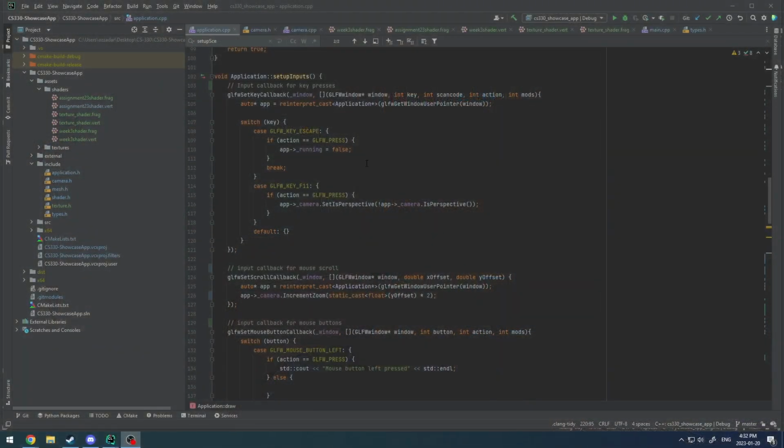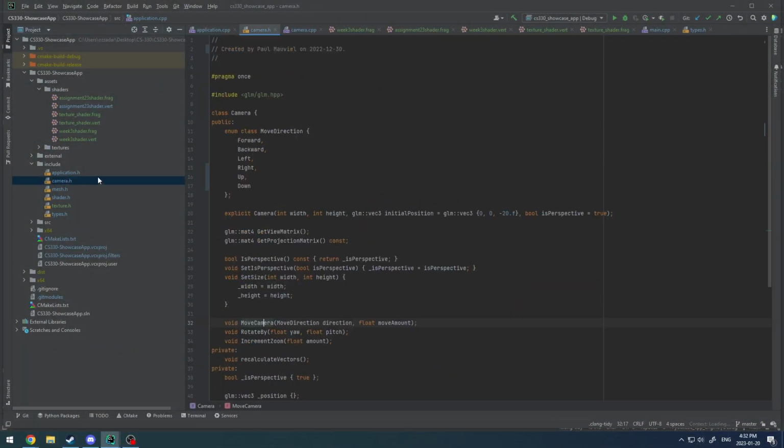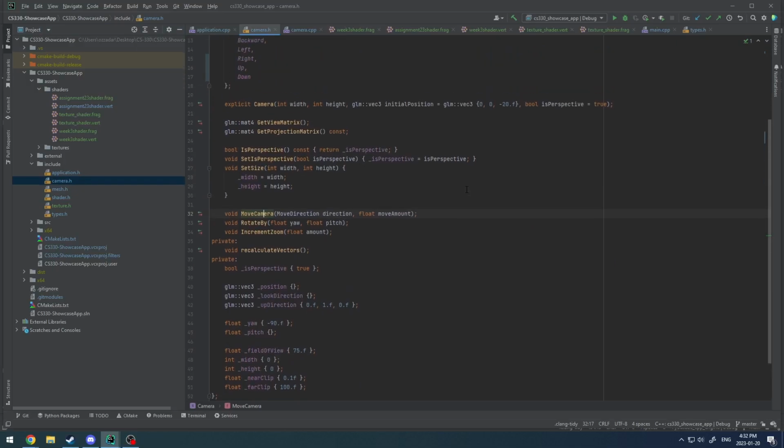So the code you're going to be seeing is a lot further ahead of where we are currently in this lesson, but the actual camera code itself will make sense here. So let's just go into that now, and let's get that out of the way. All right, so let's go into our camera code. So you see here,